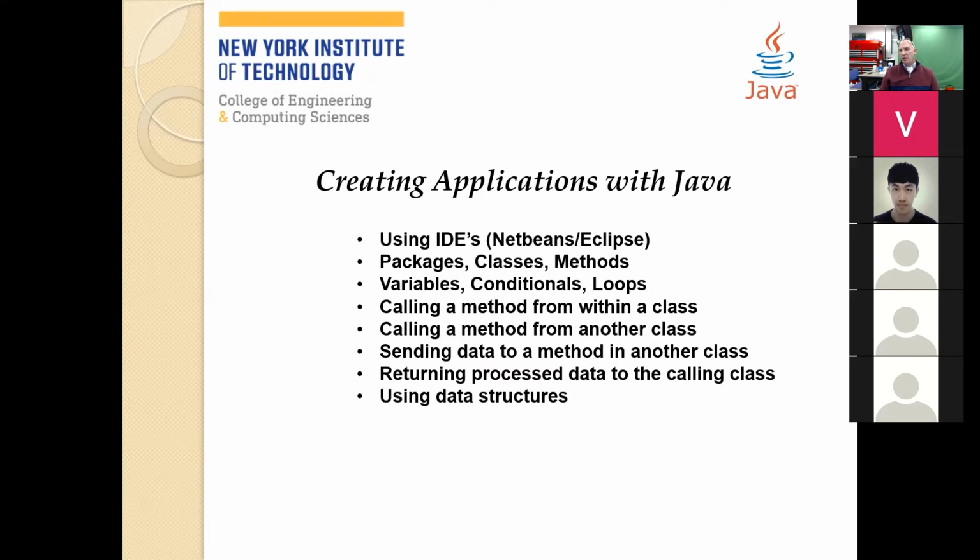There's ways that you program in Java that you call methods, various methods from within the same class. You call methods from another class, and you send data from one class into another and receive data back from that class after it processes it. We have these things called data structures. We have stacks and queues and linked lists and binary trees and such that we use in programming as well, right? And Java has its own flavors of these things.